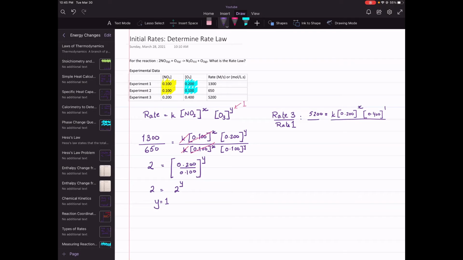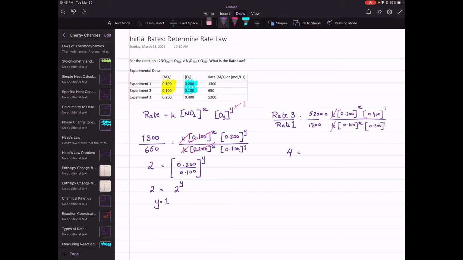the value of rate 1 is 1300, is equal to k square bracket value of NO2 is 0.100 to the power of x, and value of O3 is 0.200 to the power of 1. Now we can divide the values and see what we have to just simplify the equation. Now we have the k on the top and the bottom that can be cancelled out, and now we have 5200. So I'm going to use a calculator. 5200 divided by 1300, which is equal to a clean 4,